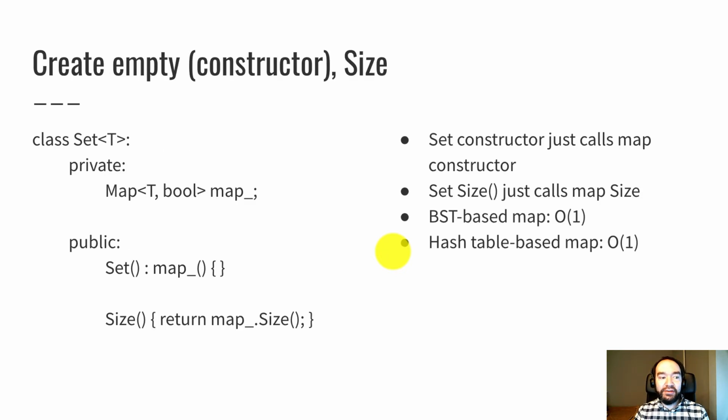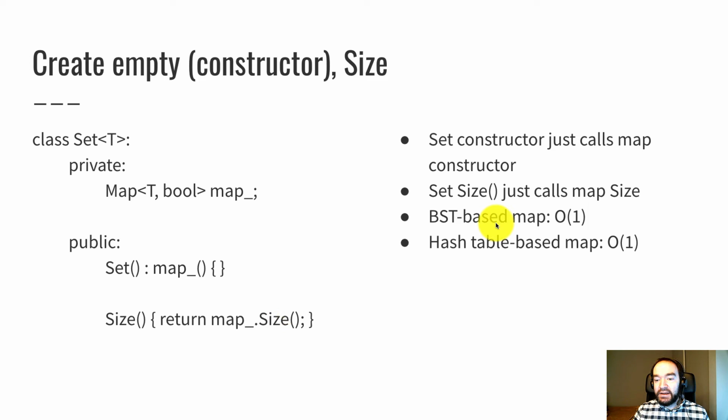So now let's go through how these operations would work. Again, we're implementing the set data type. T is the data type of an element of the set. So there's one private data member. It's a map, and the key type is T. So the data type of one element of the set is the data type of one key in the map. And then I just have this throwaway bool that's basically ignored for the values. So the set constructor just calls the map constructor. It initializes a new empty map. The size operation for the set just returns the map size.